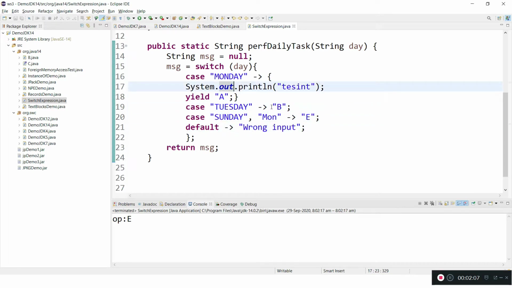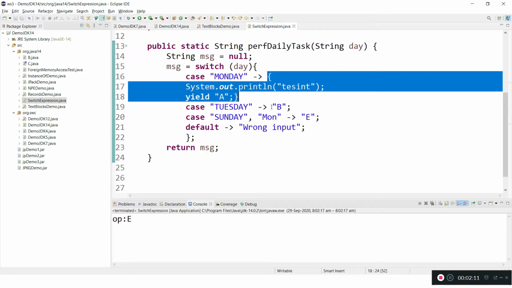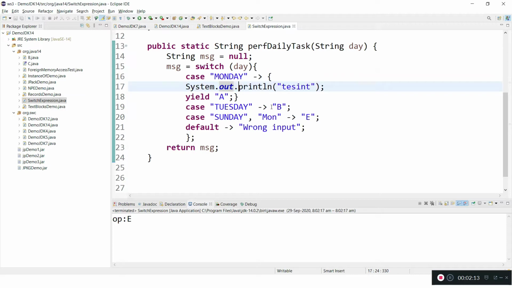And one more thing, if you want to write a multi-line case, then you have to keep it inside braces and write whatever you want, and to return a value, instead of the return keyword you need to use the yield keyword. This is how we write the switch expression in Java 14.